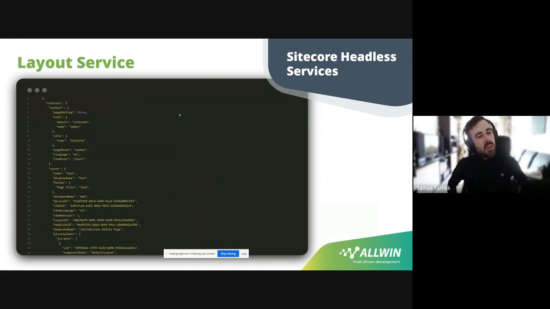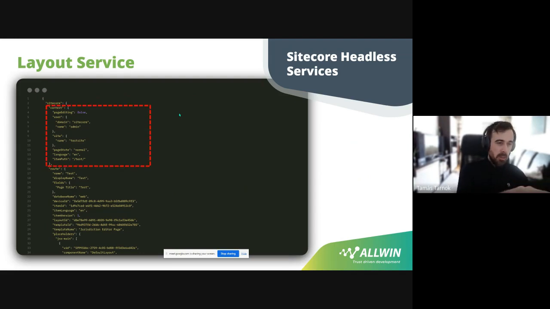And I brought an example of a layout service response, so we can have a look at the different parts of the response. First of all, we have a root node called Sitecore, and under the root we have the context. This is not really page-related content. It's more like, you can imagine on the backend, the Sitecore.context, where you can get some information about the actual request. So, for example, the first one, page editing, is false or true, depending on the